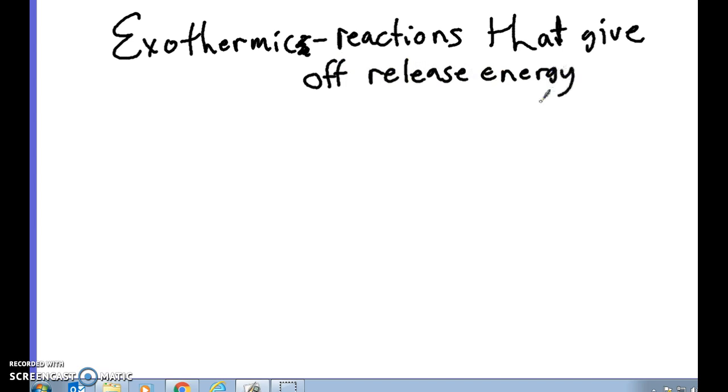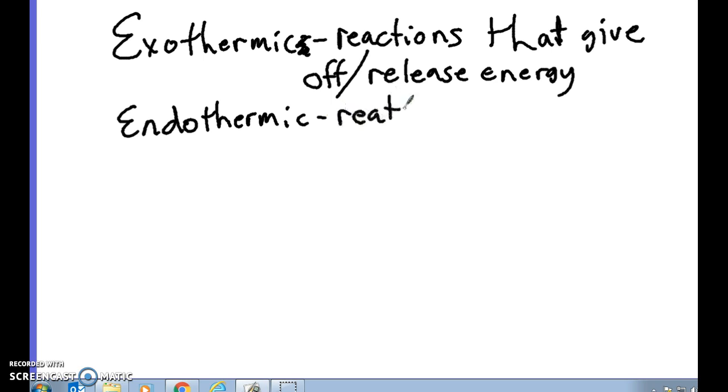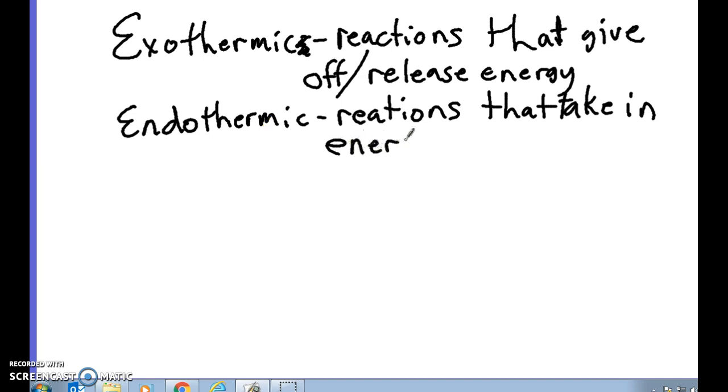All right, give off or release energy, and endo, meaning inside, bringing in, are reactions that take in energy. Okay, endo meaning bring in, thermal means heat or energy, so take in energy. All right, and that's a pretty good definition, but we need to kind of explain exactly what we mean by